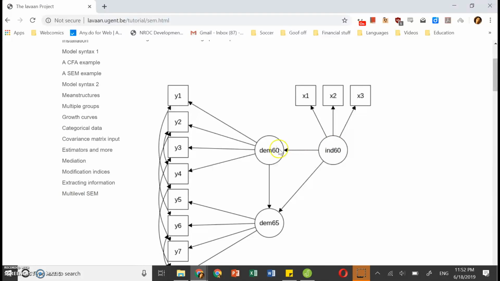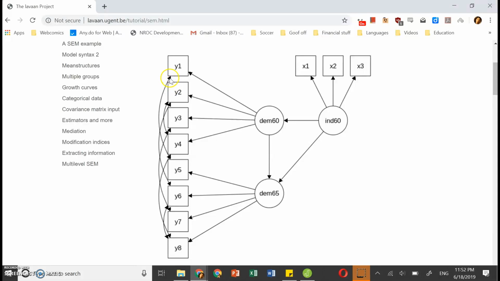Here, the example uses the same factor structure, so the same CFA model, but there are directional path coefficients that are specified among the latent factors. Also, in this example, the error terms between the items, so the item variances, are set to correlate. This is something that we will not be doing in our class because we're using cross-sectional data, but just so that you would understand, in this data